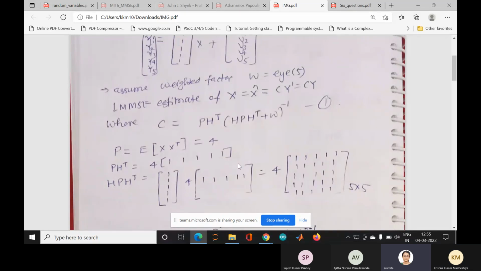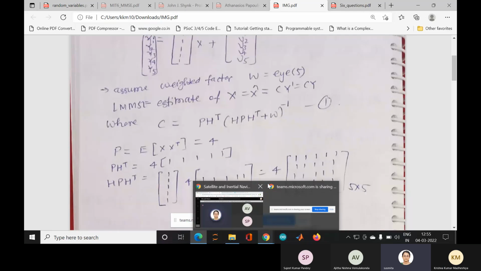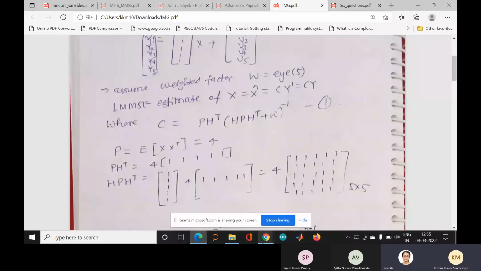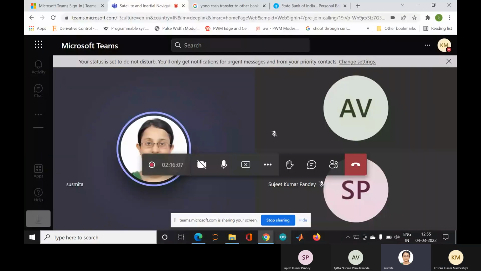Whenever you are finding the estimate, what is the objective of the homework? To improve understanding, right? And the error covariance actually gives you an idea about the quality of the estimate. That's why I'm asking you to find the error covariance. In this case, you will just have one value because X is a single scalar. So the error covariance will tell you which estimator has lower error covariance, or whether they have comparable error covariance. This helps you to compare the estimators. Whenever you are asked to compare results, error covariance is important.